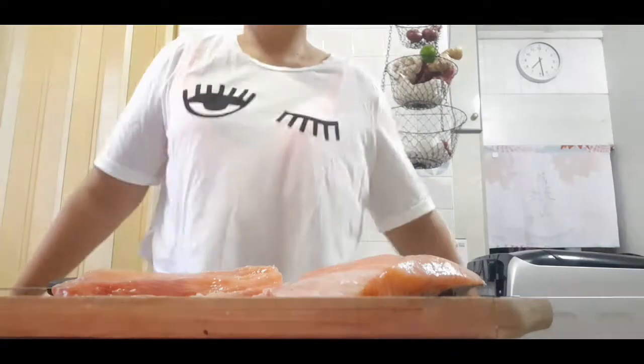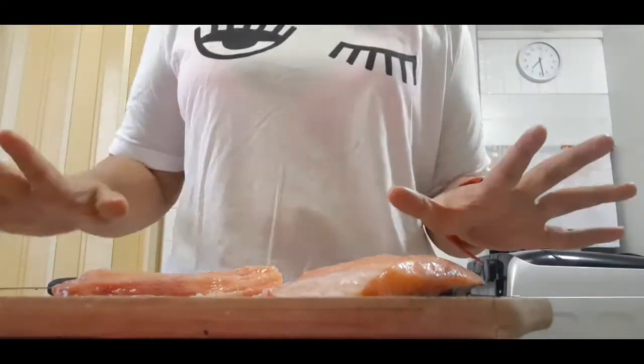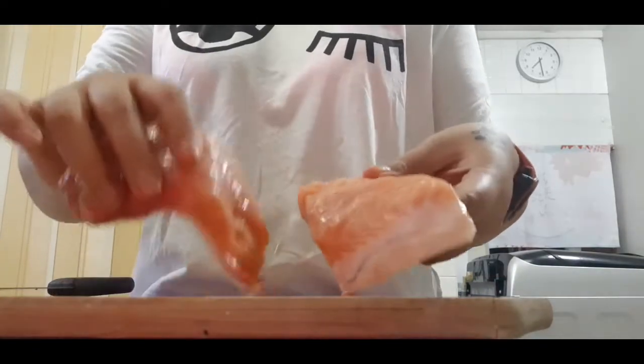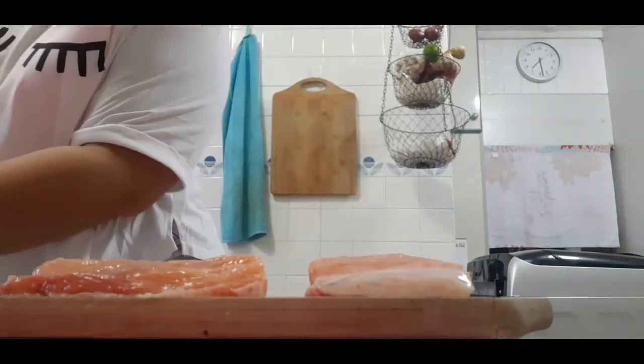I'm making teriyaki salmon. It's going to be a healthier version. I'm going to use gluten-free soy sauce, but of course you can use your own soy sauce. Okay, here I have salmon which I sliced, and I have a few more here